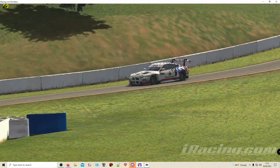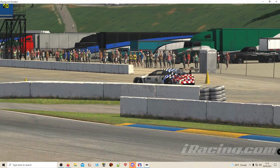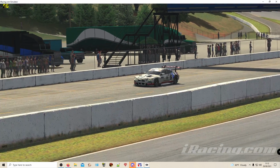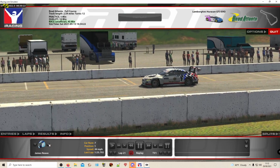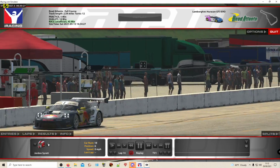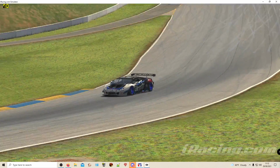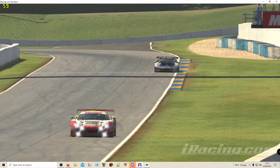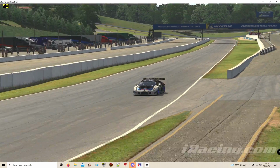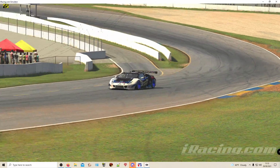And down into pit lane for its fuel stop comes the Lamborghini, the BMW now. James Neve comes up to the fuel stop window on the 21st lap of the race. Clevens goes through, and here's the BMW in the pit lane still. I think that is the Lamborghini